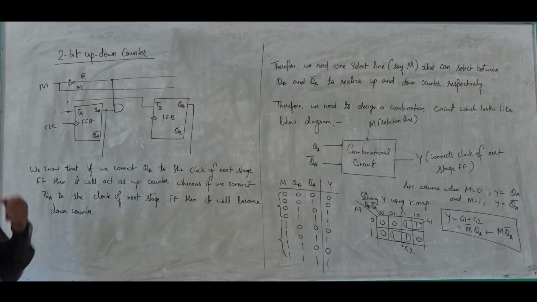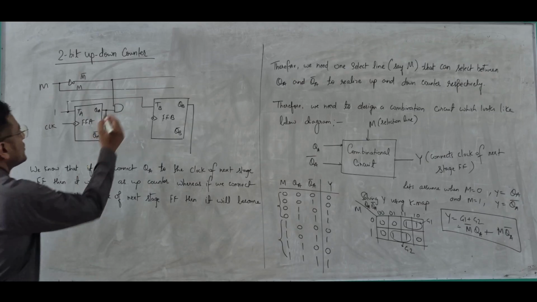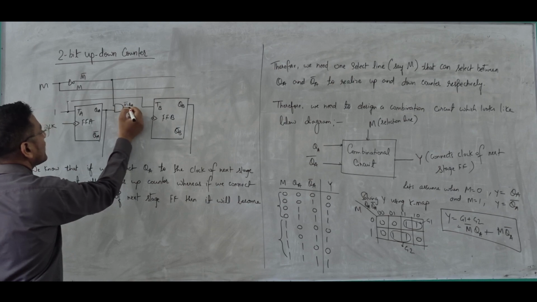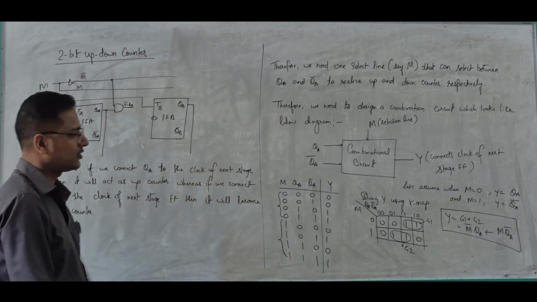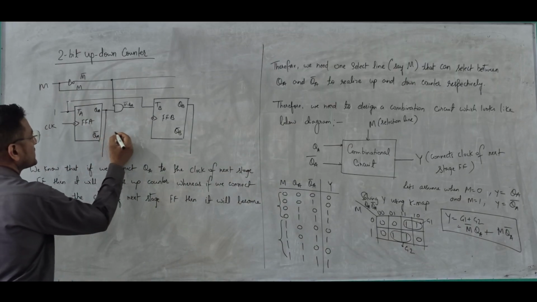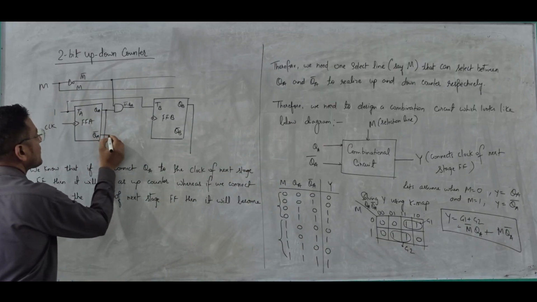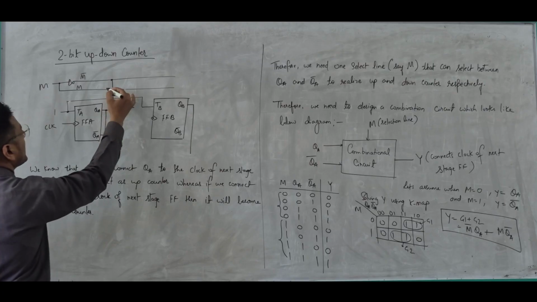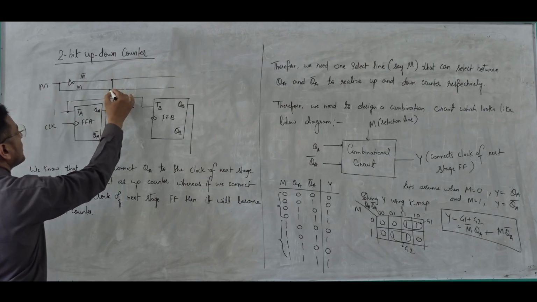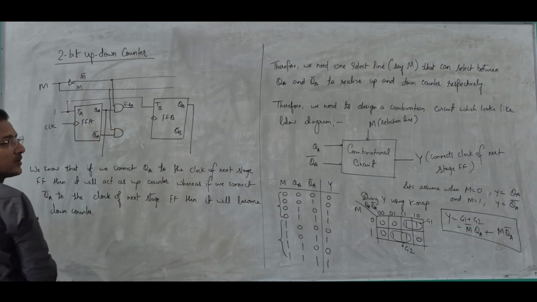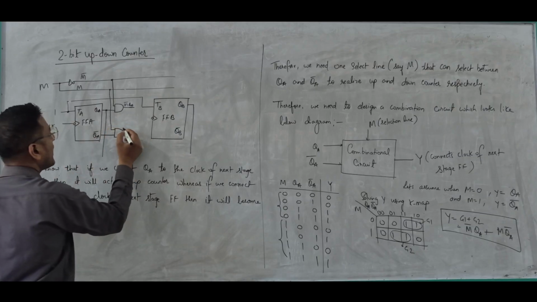Clear? M complement QA. So what you get is M complement QA. Similarly, you need M QA complement. QA complement is here, right? Yes. Bring only M here. M is here. And then you get M